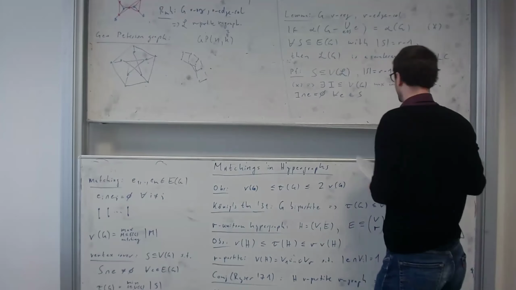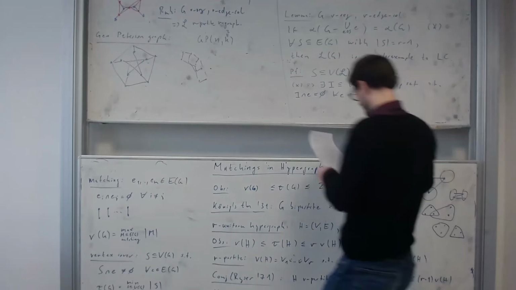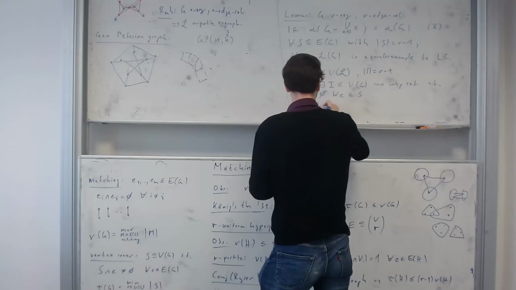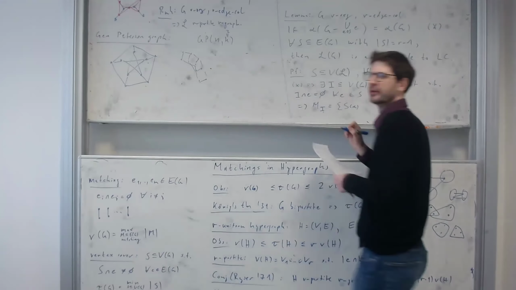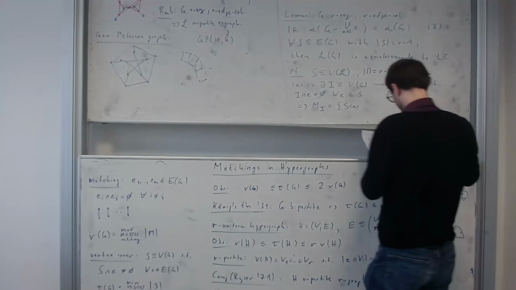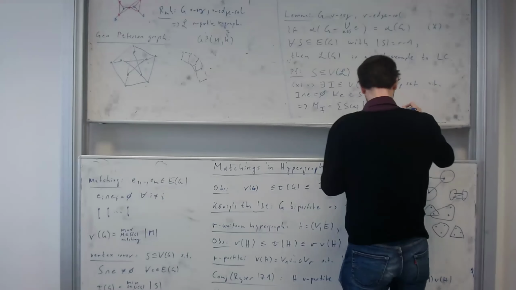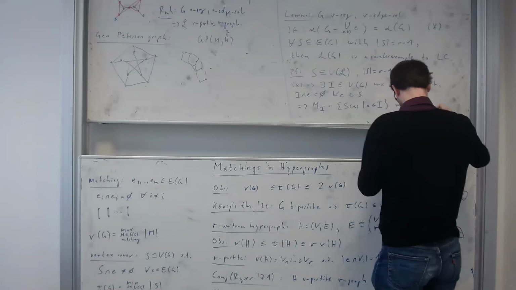And then I want to convert this into a matching in the line hypergraph. And there is an easy way. So this gives us a matching M_I, and this is just all the incidence sets to all the vertices in the independent set. And this is now a matching in L